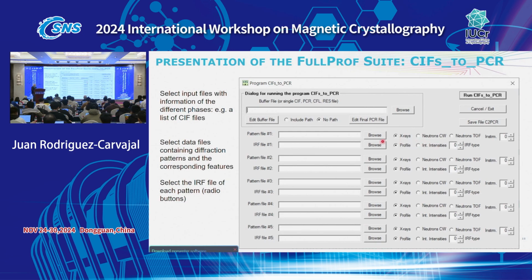And then you can combine all these things in different patterns. And it creates a maybe very complicated PCR file with hundreds of lines in which you have the data. Of course, but it is possible. And then that creates automatically a PCR file. Then you don't need to start from the beginning to write the things. You can modify and work.